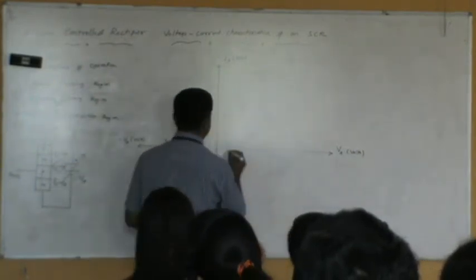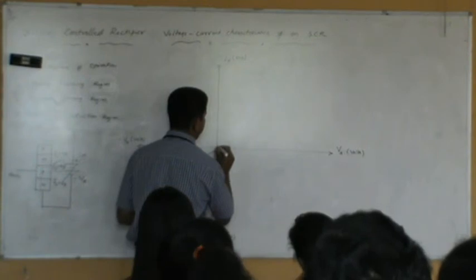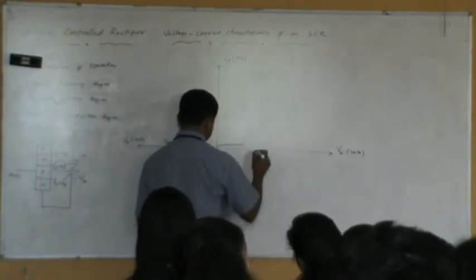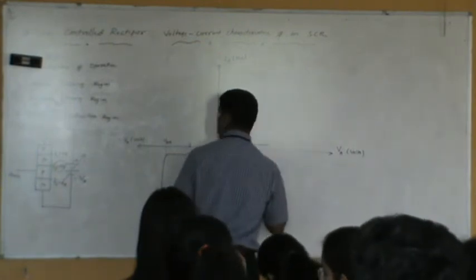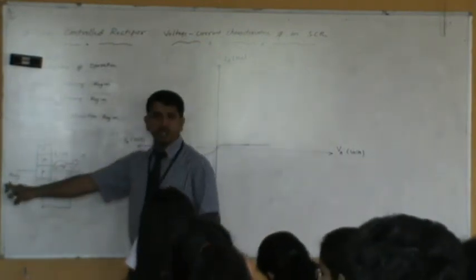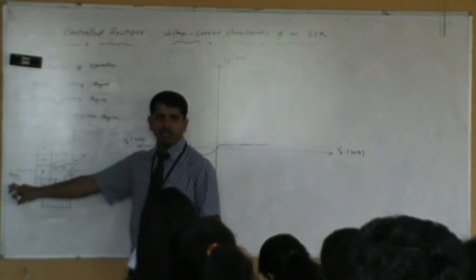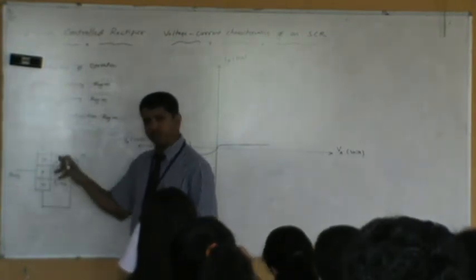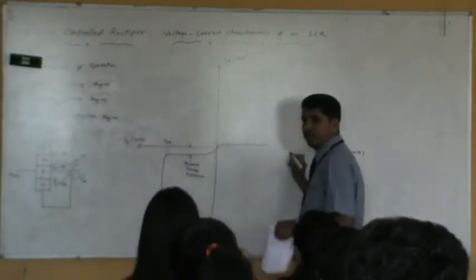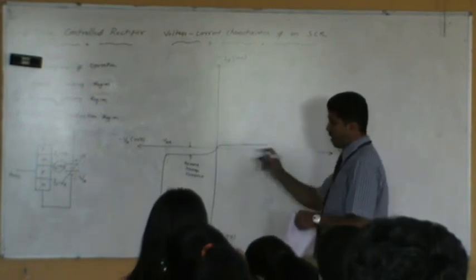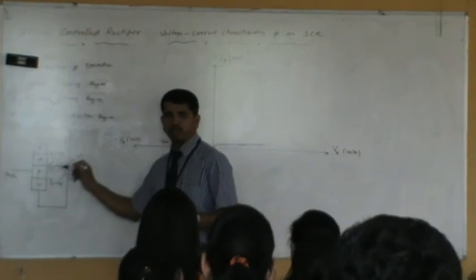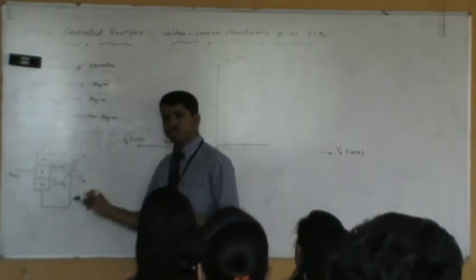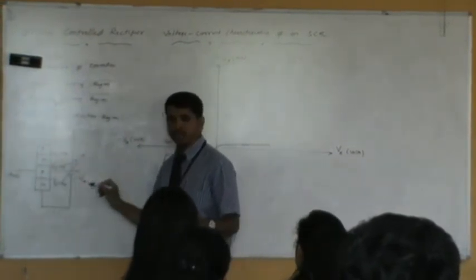Let me show that reverse, forward leakage current. Current will be almost like this. A small amount of leakage current will result. Assume that we are not applying the gate voltage. Without applying gate voltage, some amount of current is flowing, that is shown here, a small amount of leakage current because J2 is reverse bias. How long can this flow now? I have not applied any gate voltage. The only voltage applied is VA.